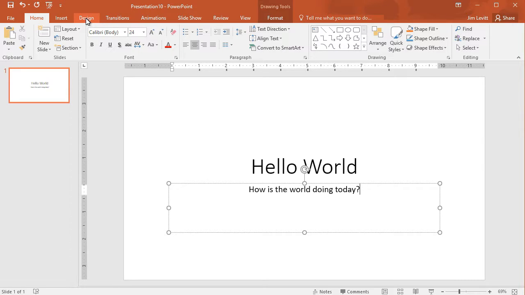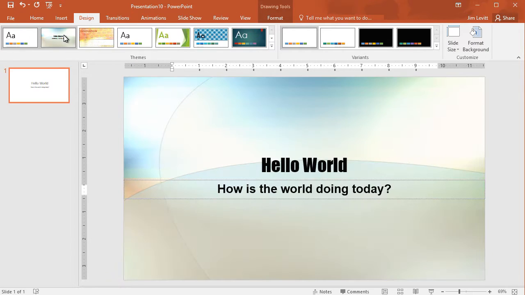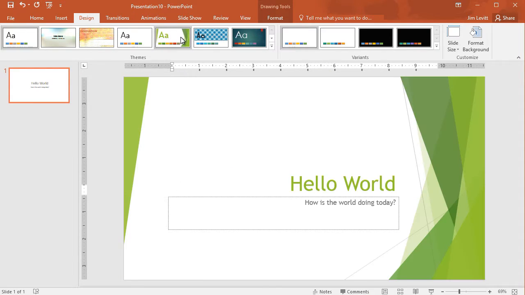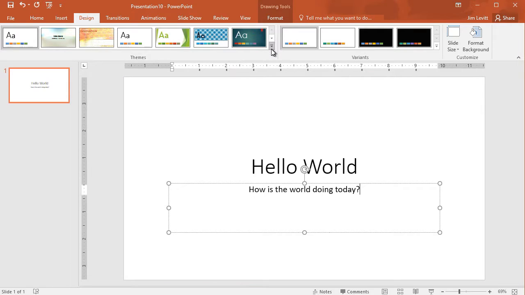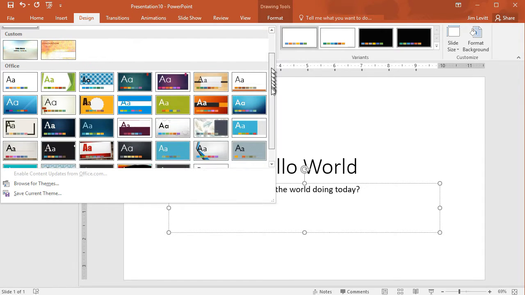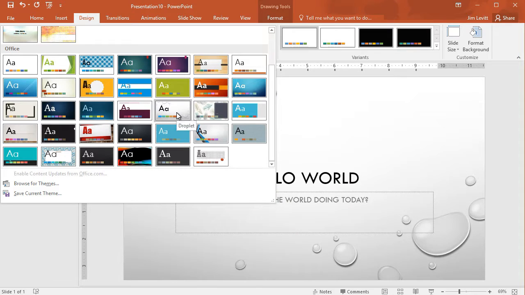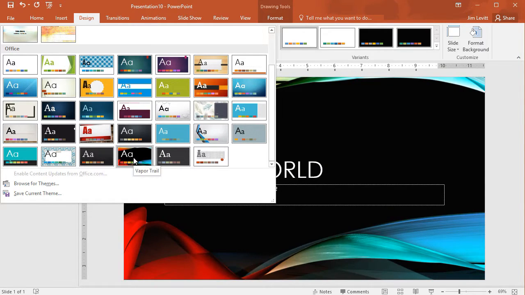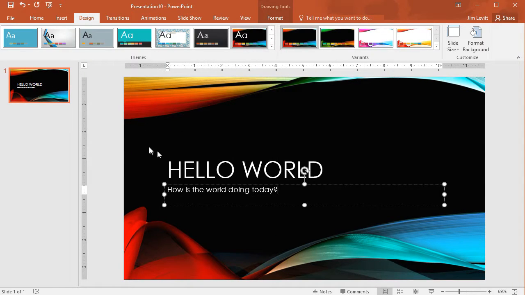I want to click on the Design tab above the toolbar, and this gives me several options. When you hover over any of these particular pre-designed templates, you begin to see what they look like, and you can click on the down arrow for more in the lower right corner and discover you have in this version approximately 35 different ways in which we can start our template. So I'm going to click on one of these just at random,